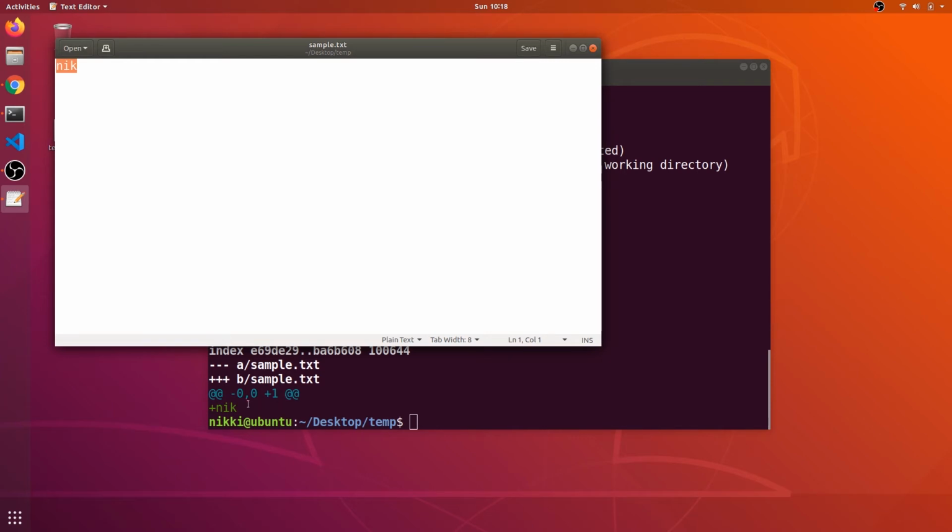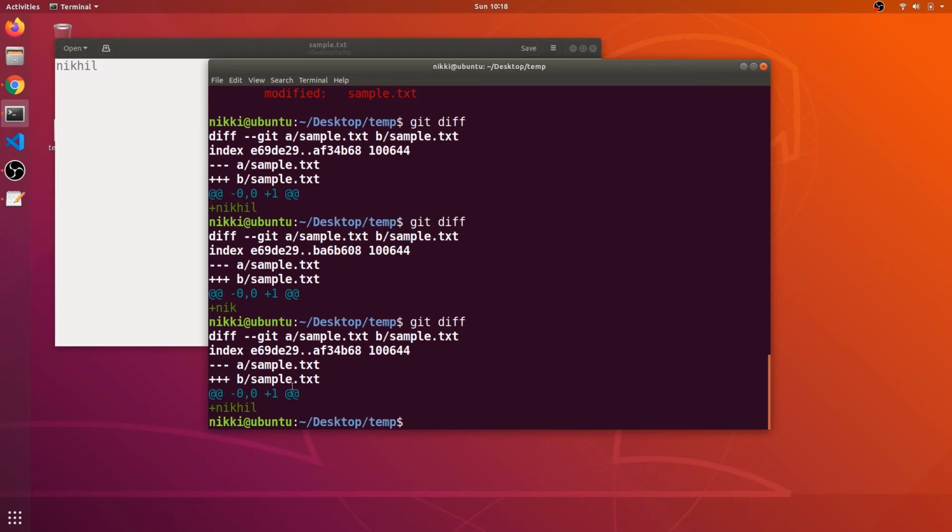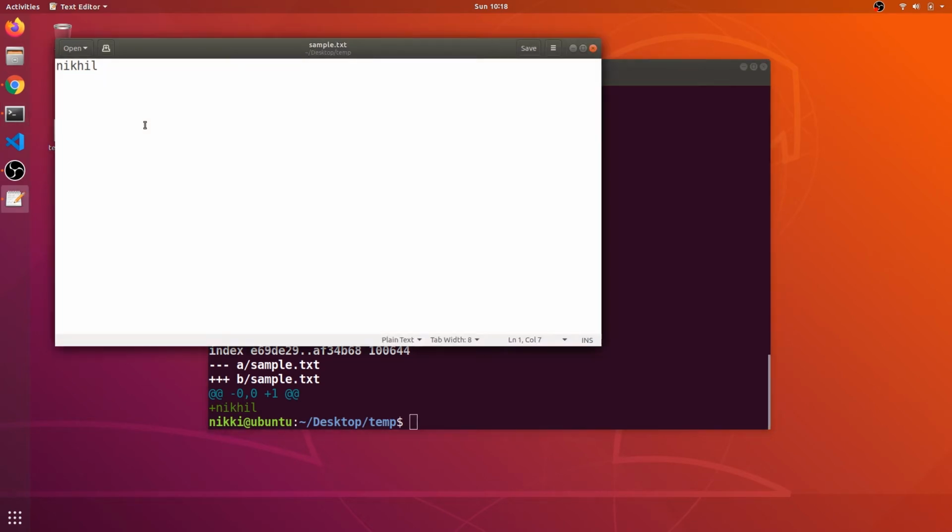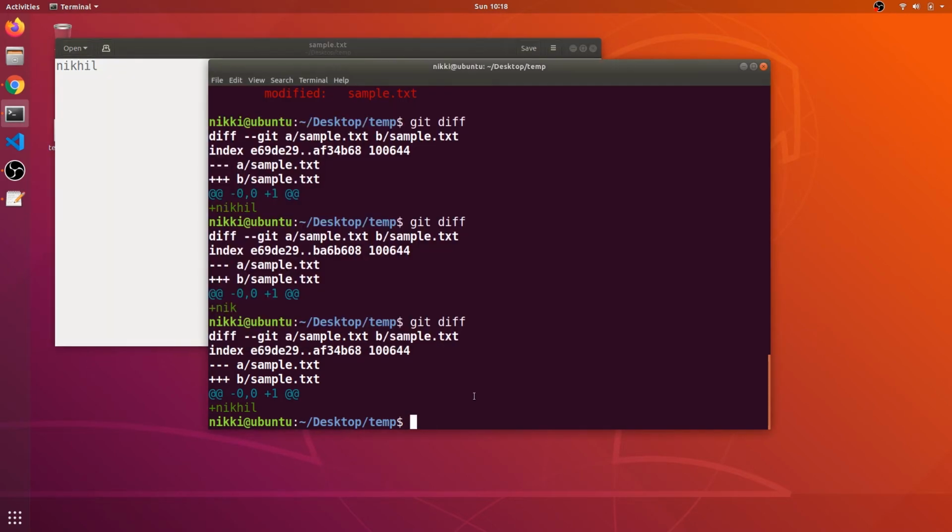It will tell you that you added the Nick, but it does not tell you that you have deleted the HIL. So let me add the HIL, Nikhil. Now if I say git diff, it says plus Nikhil, because the previous version is the empty text file, and now we have added the Nikhil. This might sound confusing to you.